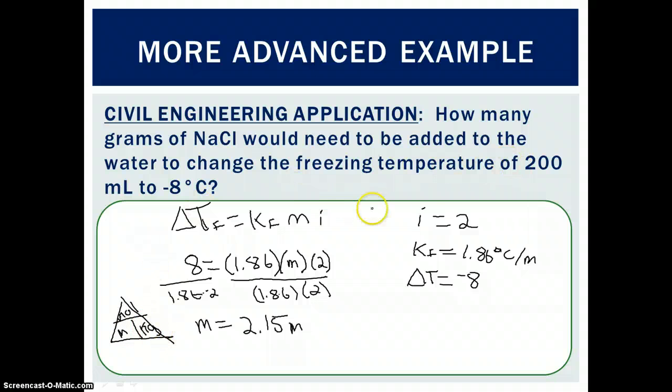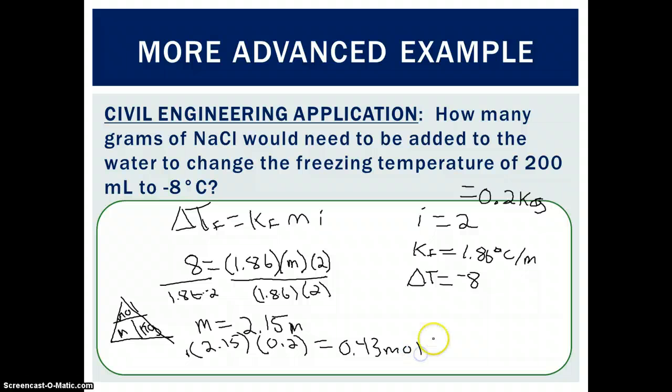How many kilograms do I have? Well, I have about 200 milliliters. So I have 0.2 kilograms. All right. So moles, I do 2.15 times 0.2. That gives me 0.43 moles of sodium chloride. And now all I'm left with is to convert that